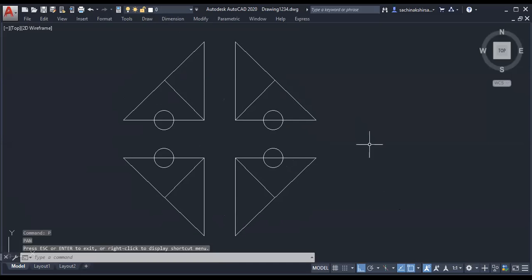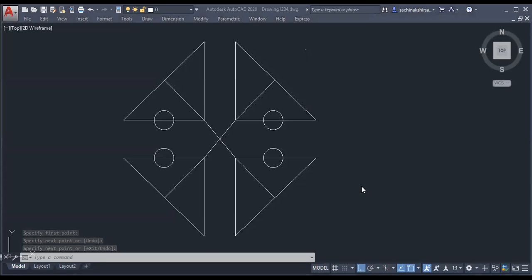Are you observing on the screen again? Yes. Again I will make a little change here, and again make a mirror of these two. MI, enter.